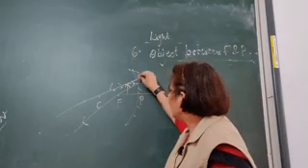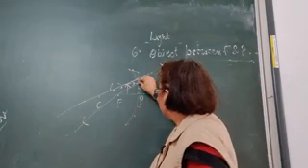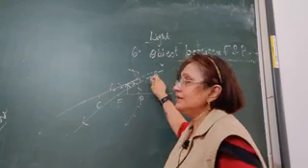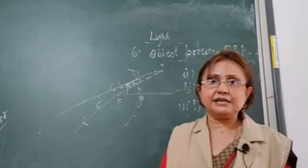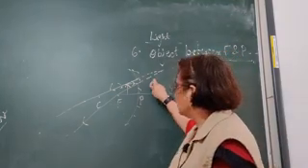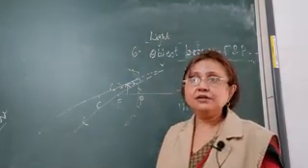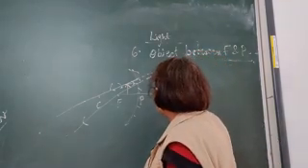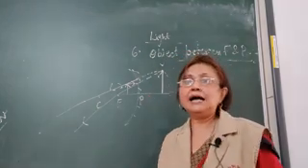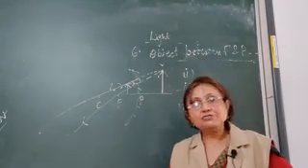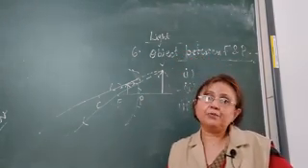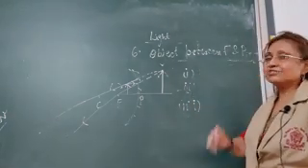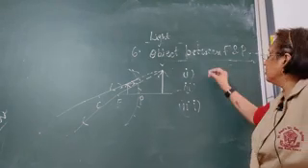But if you extend them backwards, they appear to meet at a point, and the extended rays are shown by dotted lines. And wherever the rays appear to meet, there the image is formed, and this image is virtual and erect. Why? Because when the rays appear to meet at a point, then the image formed is virtual and erect. So let's write the 3 points about the image formation.